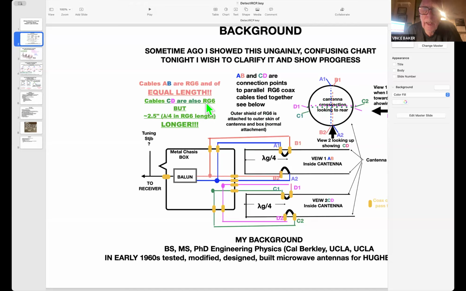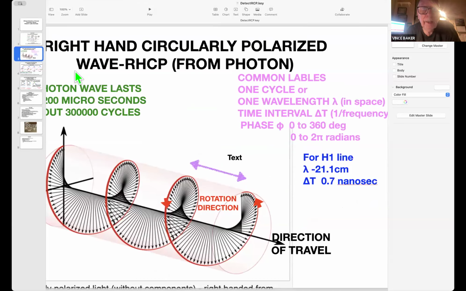In progress, just to let you know, way back in the early 60s, I actually tested, modified, designed and built microwave antennas for fused aircraft. And then I made a mistake of solving an intelligence problem, and I got whisked away from the hardware world. So it was for a long time. So let's go back and look at